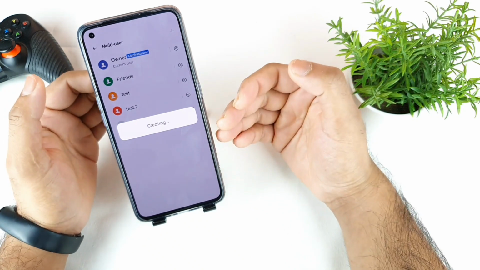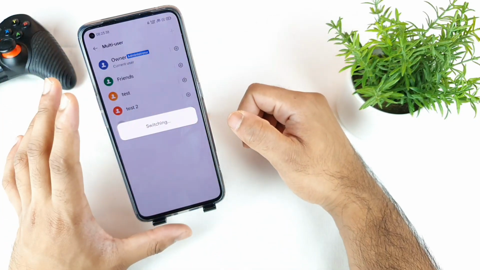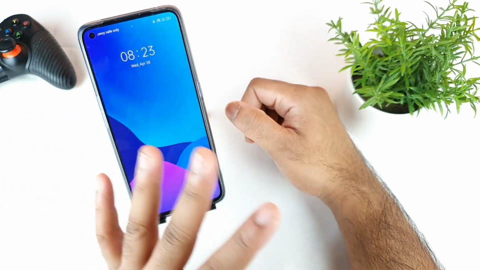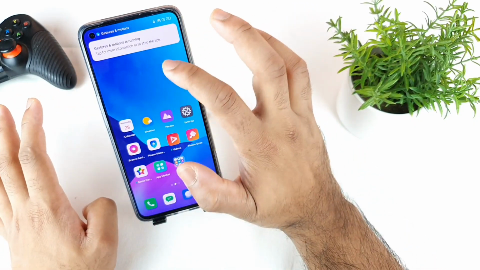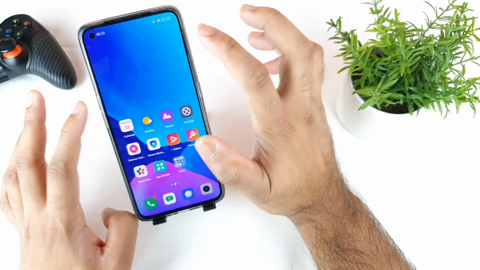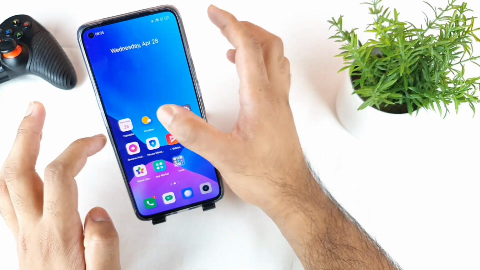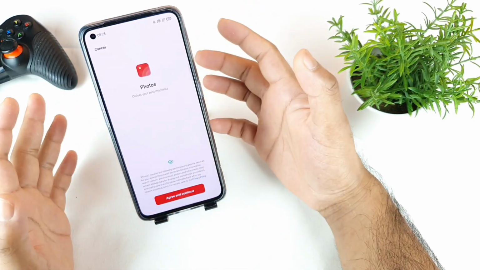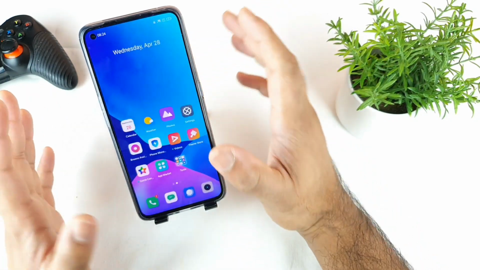and as you can see, once you click create, it will create a special user, and everything will be new, friends. You don't get any contacts, any wallpapers, or any kind of applications. Everything will be brand new, as if you opened the phone newly. I think even the gallery doesn't have any images. As you can see, it's asking for the first time to agree. So there are no images getting mixed.